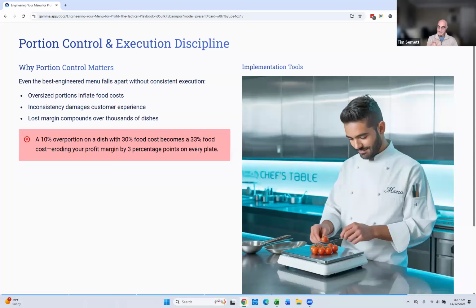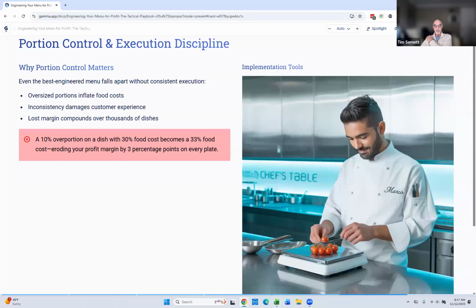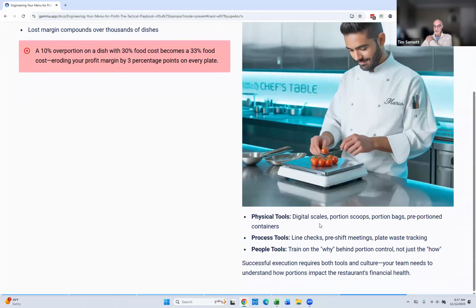3 percentage points might not sound like much, but when you compound that over thousands of dishes, and when you start to look at that 3% change in the contribution margin, it can be a huge amount of lost dollars. So you want to incorporate the right tools to start to execute on the discipline of portion control: physical tools, digital scales, portion scoops, portion bags, pre-portion containers, process tools, line checks, pre-shift meetings, plate waste tracking,